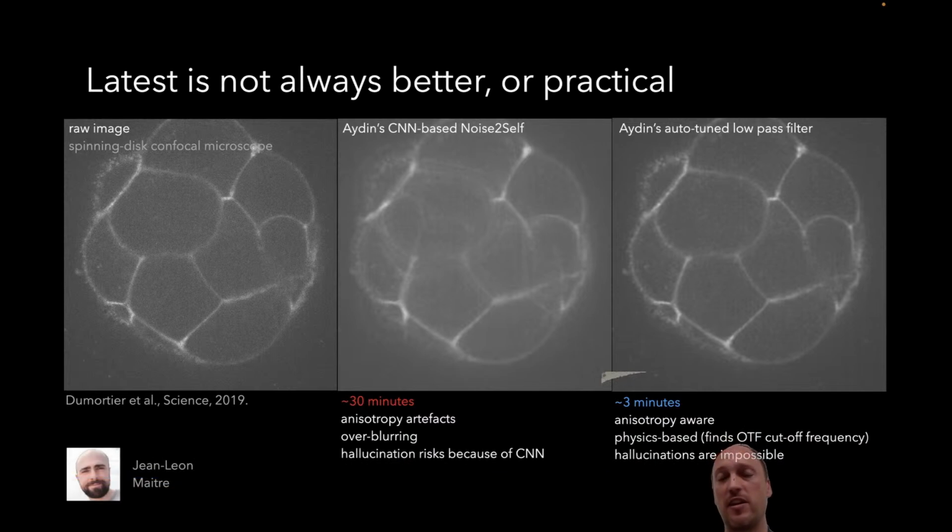If you did not know exactly what your cutoff frequency is, it might be difficult for you to find the perfect parameter to tune that denoiser. But we take care of that with that theory, so we can figure out automatically the best parameter for denoising here. And that's what gives these more classical approaches a bit of an edge,